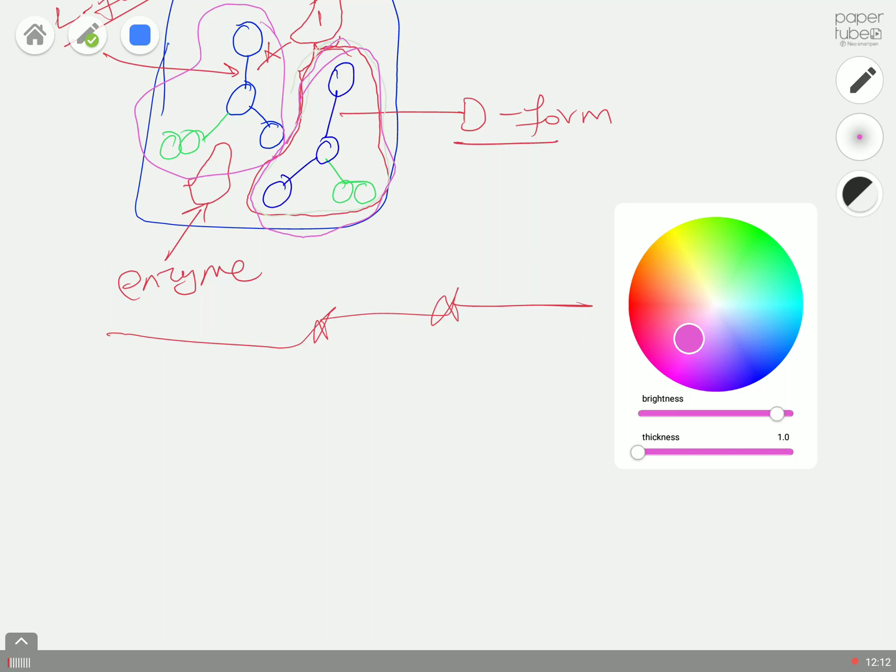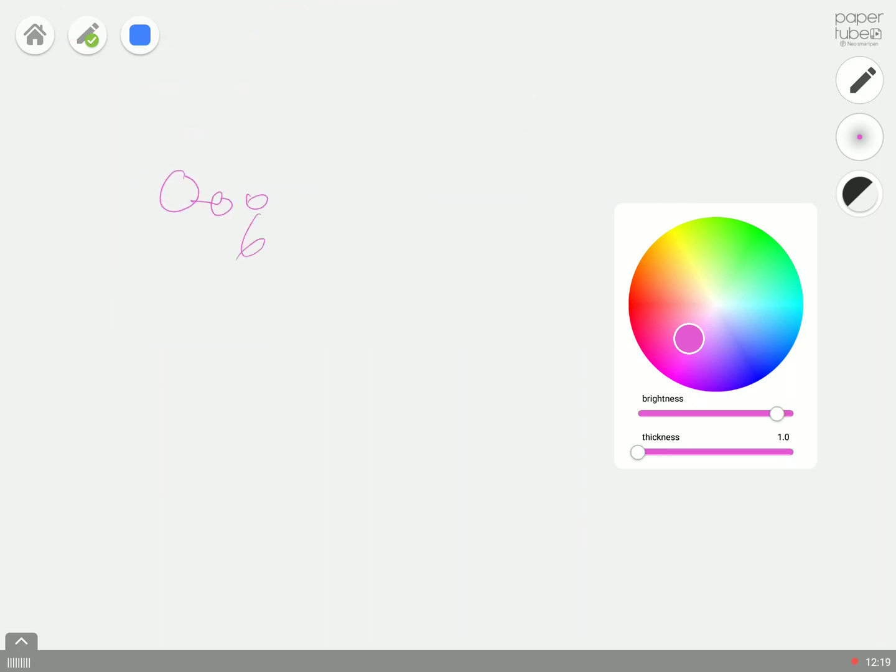And whenever I talk about active sites, enzymes are really large molecules. You have so many atoms connected. Enzymes are really large. I cannot draw it here because you will have